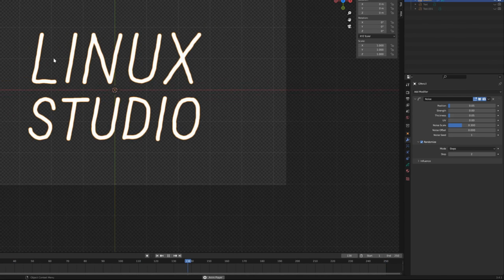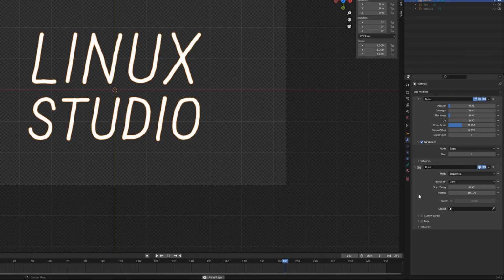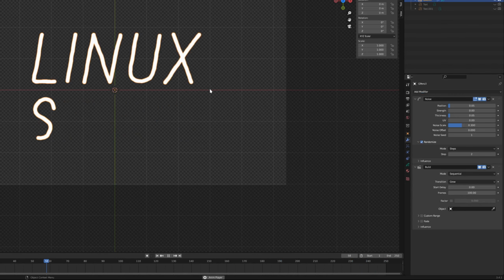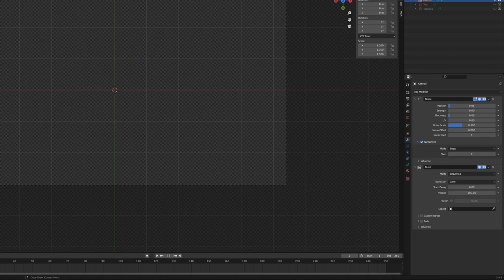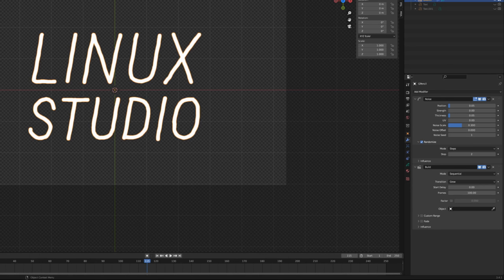Next thing we want to do is we want to make this look like we've written the text out. So we want to use the build modifier. So we'll go to add modifier, build. And you can see right away, when it goes back to the start, it's like we just wrote this text. But what I like to do, I'm just going to stop this for now, is I like to use the manual factor, which you can, if you'd like to just roll with what's available here, you can do a start